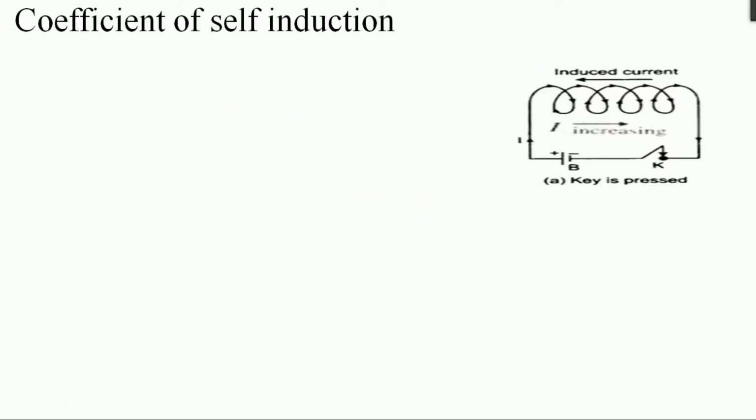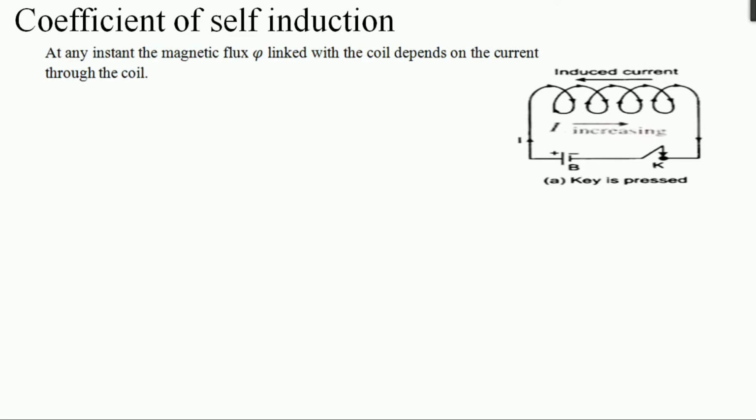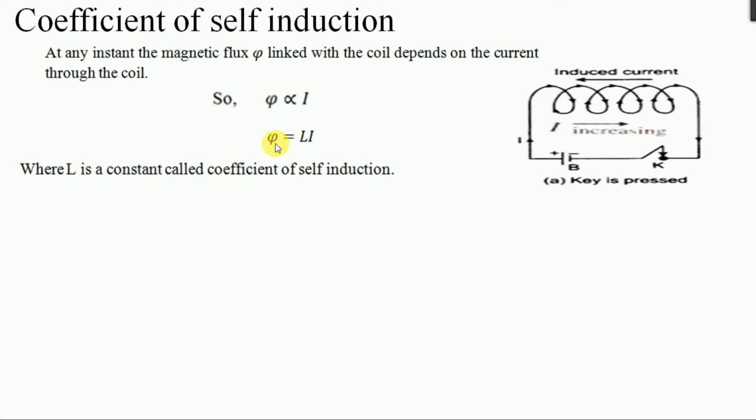Now we'll define the coefficient of self-induction. When we change the current through this circuit, the flux through the circuit also changes because of the magnetic field produced by the coil. So we can write that the magnetic flux depends on the current. The more the current, the more the magnetic field, or the more the magnetic flux. If you remove this proportionality sign you will get a constant. So we'll write flux is equal to L into current. This L is a constant called the coefficient of self-induction,